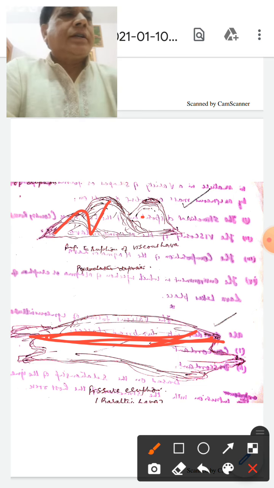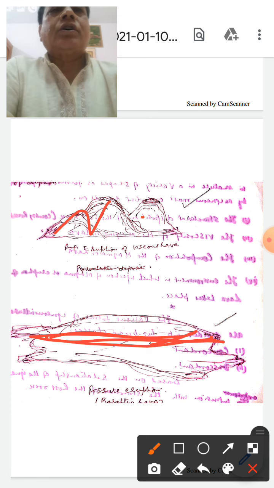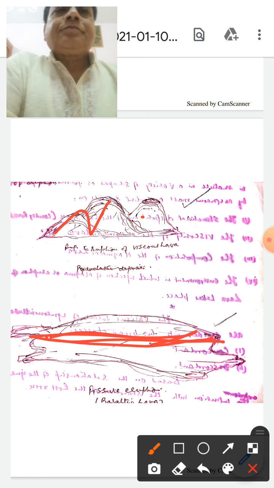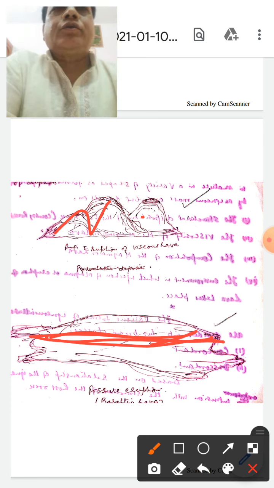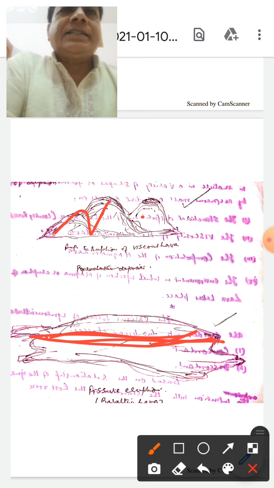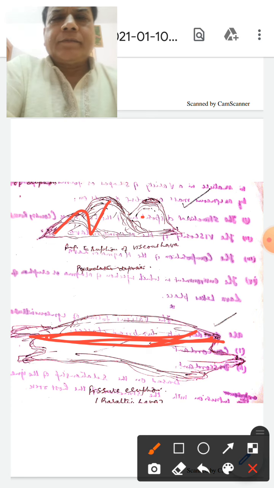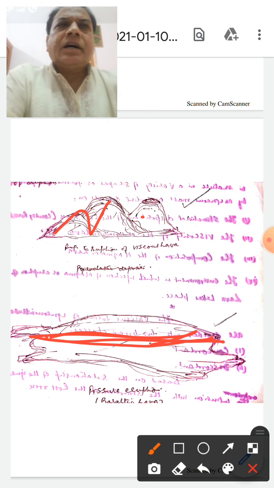Now coming to the intrusive igneous rocks, you also call them plutons. A pluton is a rock body composed of intrusive igneous rock. The term may be used for bodies of all sizes, ranging from a few feet long to those that are exposed over hundreds of square kilometers. The plutons, or these intrusive bodies, are classified on the basis of their structural relations to adjacent and older rocks, size and shape.